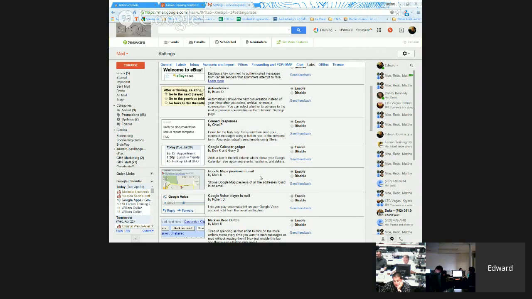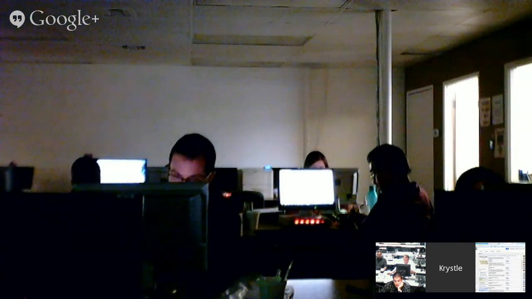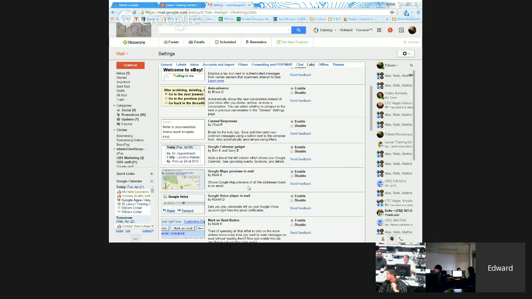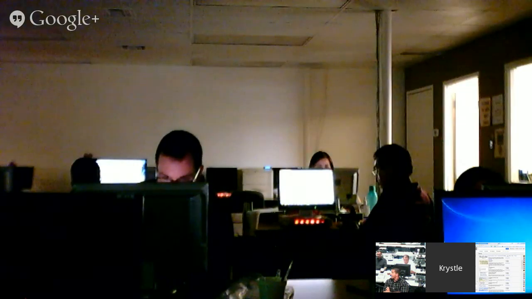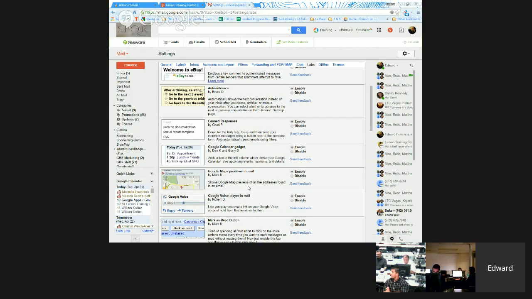Google Maps previews in Mail. Enable that. So that shows Google Map previews of all of the addresses found in an email. If there's an address in an email, you can click on it, and it'll get you to the map of where that is. It's just sometimes a good feature to have. Next,